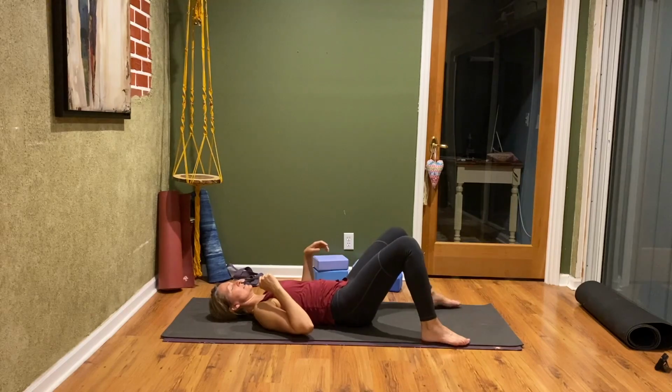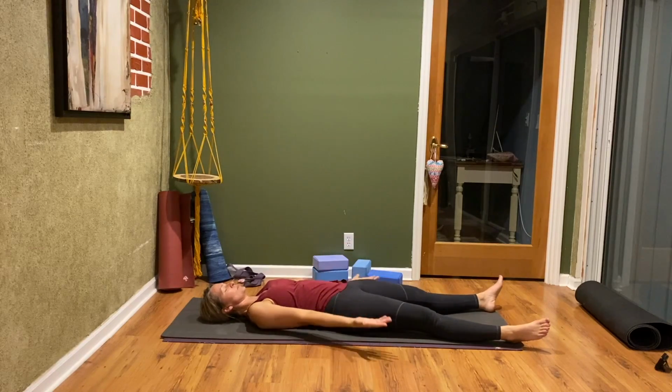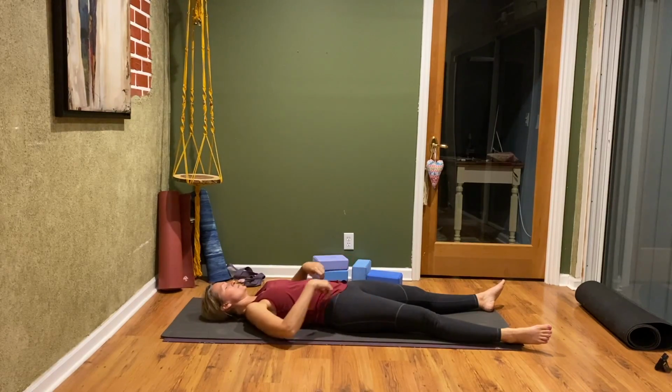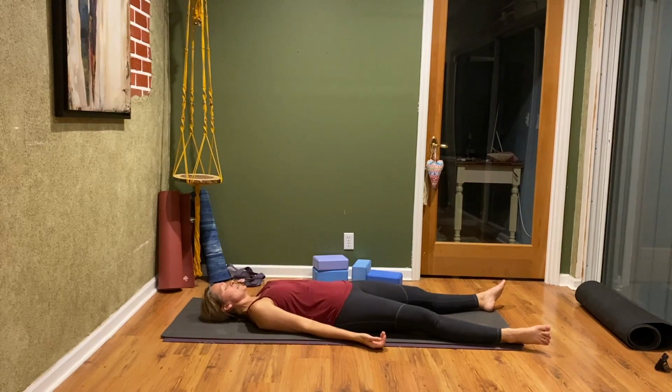And we're going to straighten the legs and set up for Shavasana. So palms face up. Let your breath come back to your normal breathing pattern. And just allow this time, a couple minutes, give yourself at least, if you can give yourself 5 minutes here, it would be fabulous. But just give yourself at least a couple minutes just in Shavasana, allowing the body to slow back down, letting your thoughts just kind of settle and melt right here into your mat for a couple more minutes in quiet,